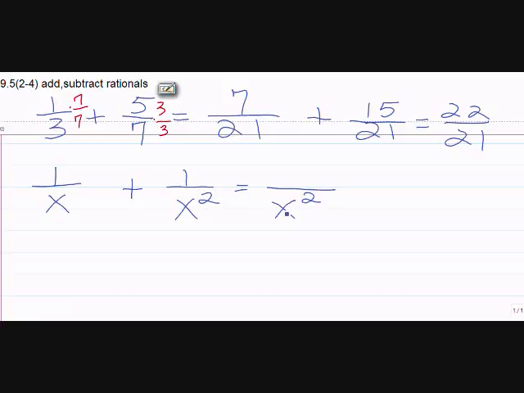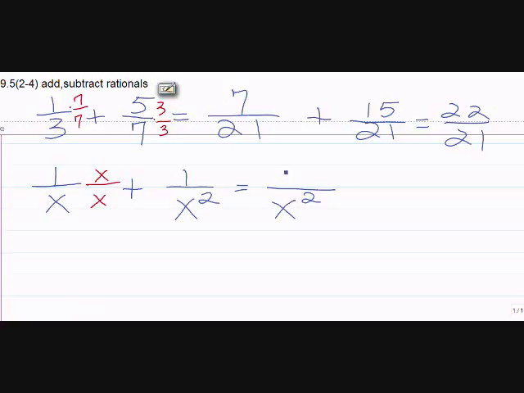The x squared is a multiple of x squared, and it's a multiple of x, because x times something will give me x squared. x times what gives me x squared? x. So all I got to do is multiply this fraction by x over x,